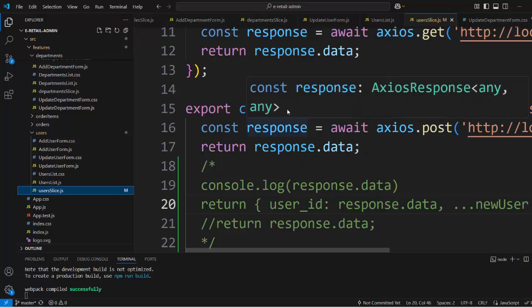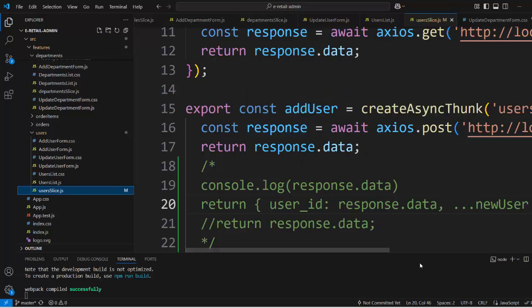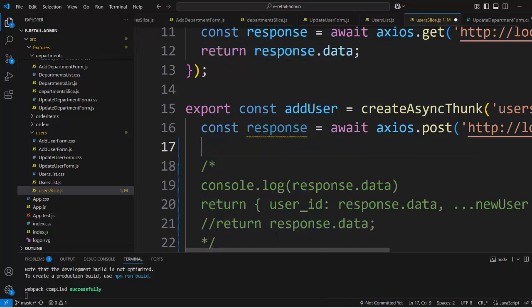And here is the user slice, add response. If I have the whole response, in that situation I need only this. But now I don't need it. I don't need it.